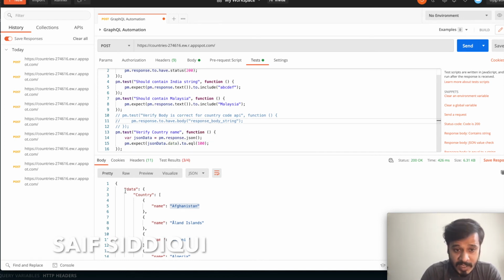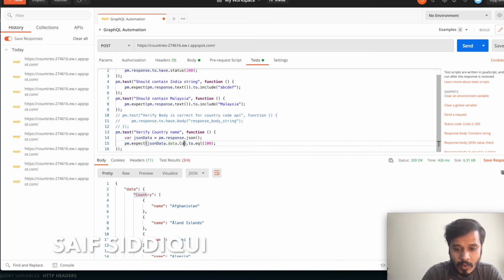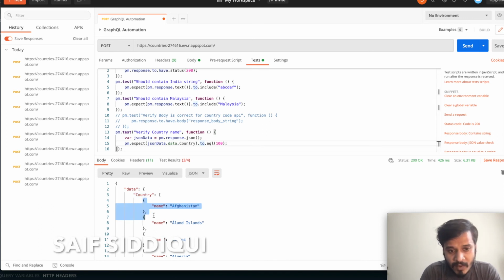Now we are inside data. Now I want to go inside country. So in order to go inside country, I will just go here. I will write dot and I will write country. Remember, country is in capital letter, C is in capital letter. Now inside this country I want to go maybe on the first index.